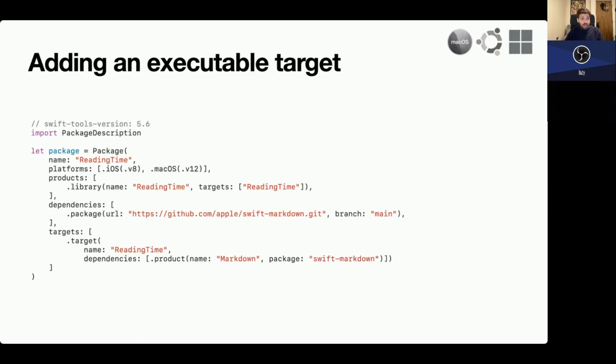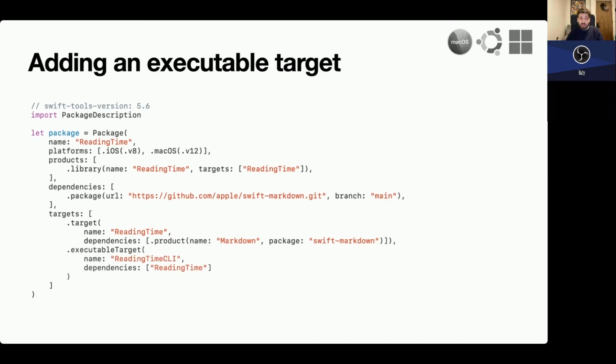And as I said, it's a monorepo, right? So we go back to our package.swift. If you're not familiar with Swift, it's very, very similar to a package.json, basically. And what we do is define a new target. So in this case, it's going to be an executable called reading time CLI. And the dependency is only going to be one for now, which is going to be reading time, which is that library we've just created.